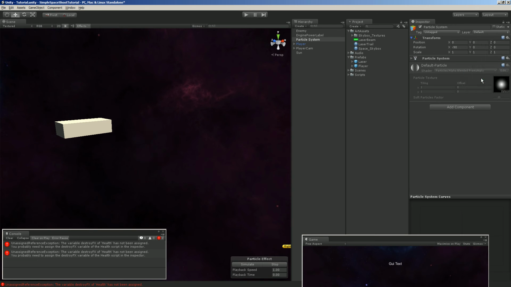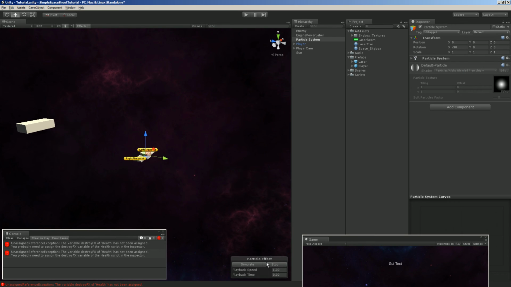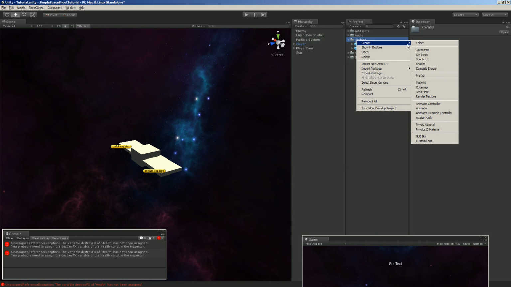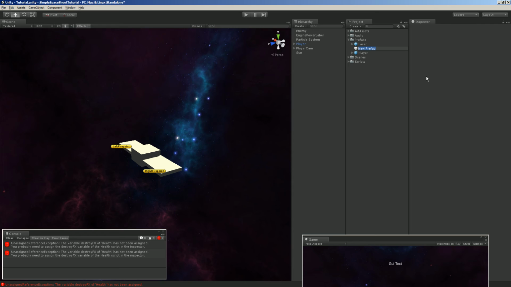So let's reset its transform and see if it's visible underneath. Okay, yeah, that definitely shows. That'll definitely show you. Okay, so let's create a new prefab and call it destroy